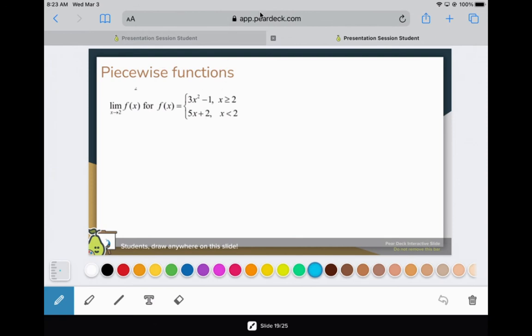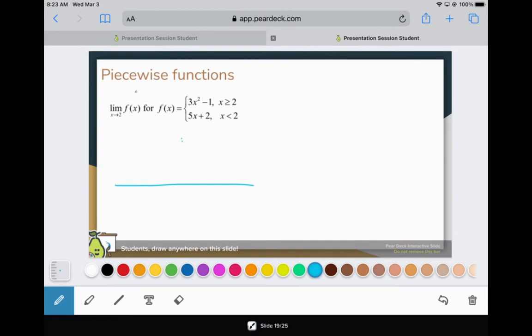So remember, when we find the limit, if I have this graph and I want to find the limit of that graph at a given point,